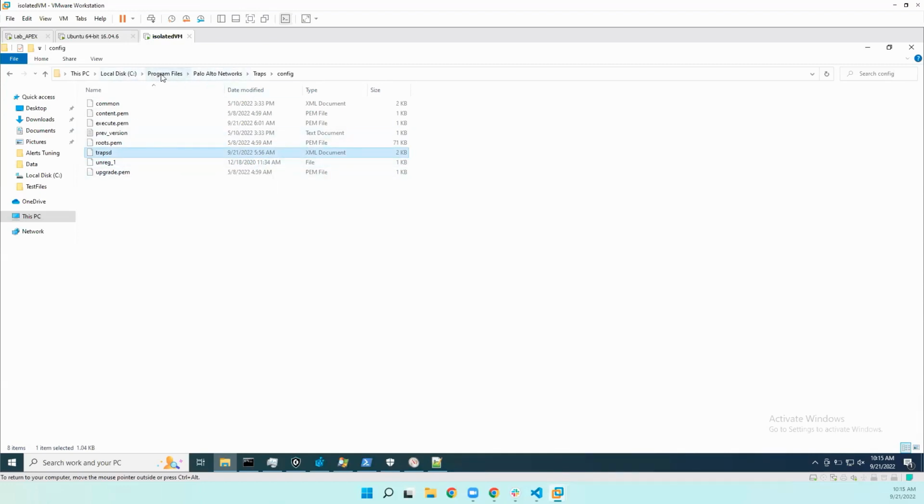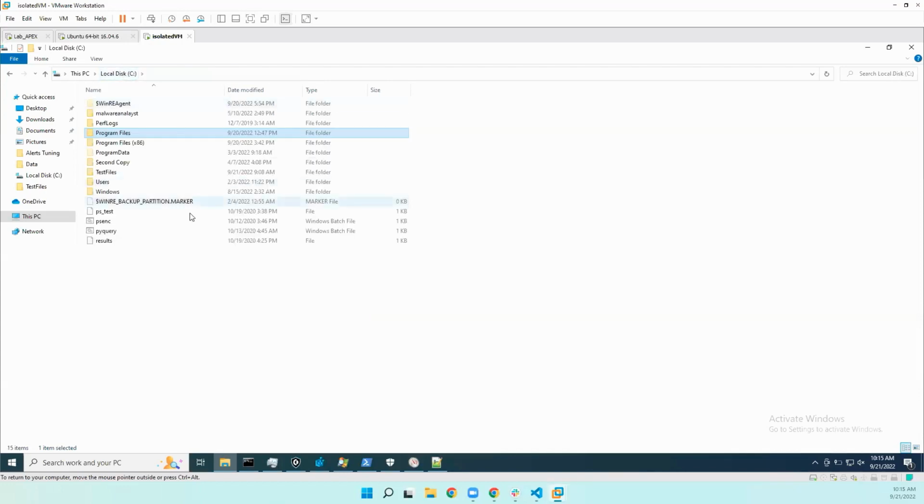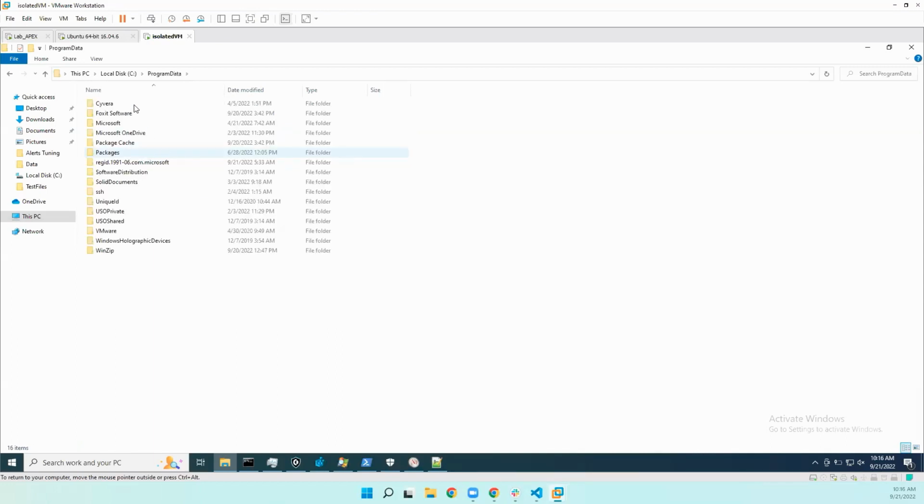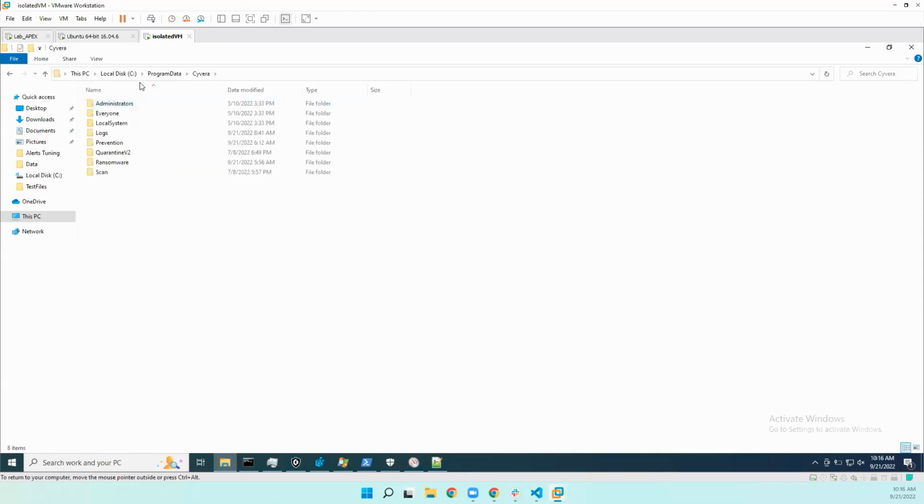Now, from time to time, XDR generates data, right? As it's running, we are generating logs. The old name Cyber is there. So this is where you see the log that's been generated by the agent. For example,